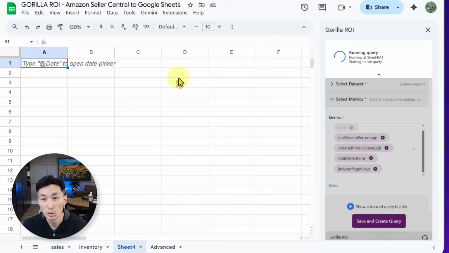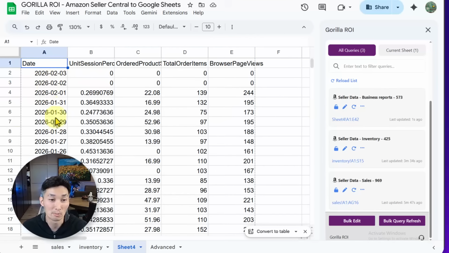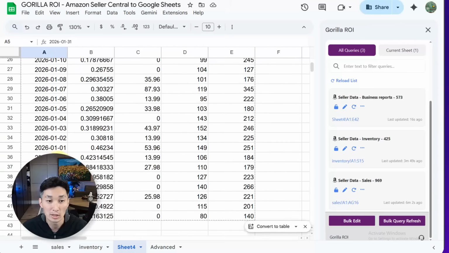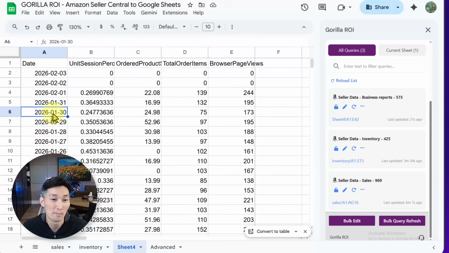Now just letting it load. It's going to go through the reports, getting it for the last 41 days, pulling the data for the metrics that I want, the 4, and now it's going to populate on a per day basis because I've requested specifically, I want each number for each day for the last 41 days. And so you can pull it in this format and you can use it to get a historical view or a monthly view or whatever the method that you use for reporting.